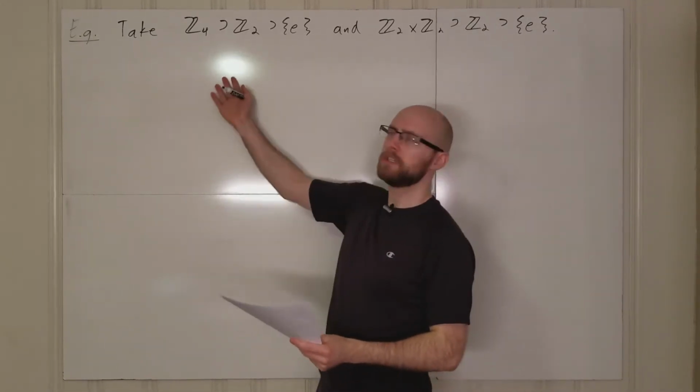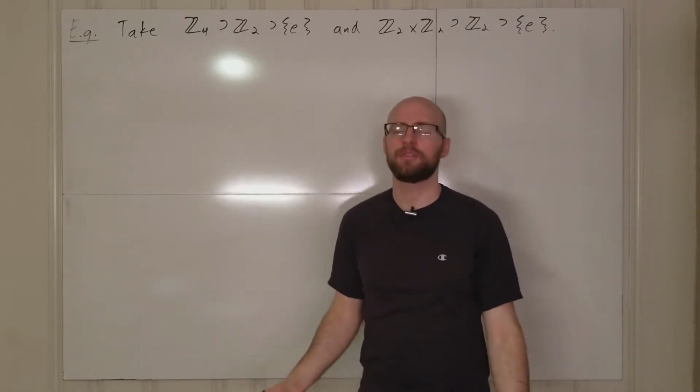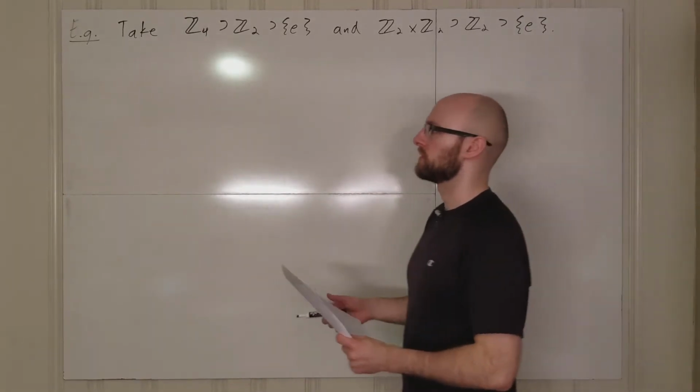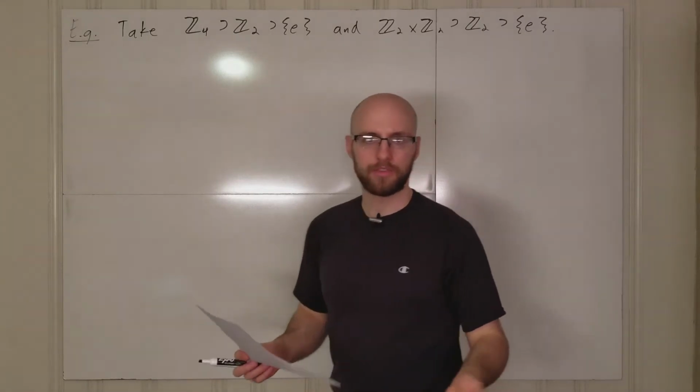By the way, by Z4 I mean Z mod 4Z. I don't want to write out the whole thing every single time, so I'm just going to stick with this. So we have two